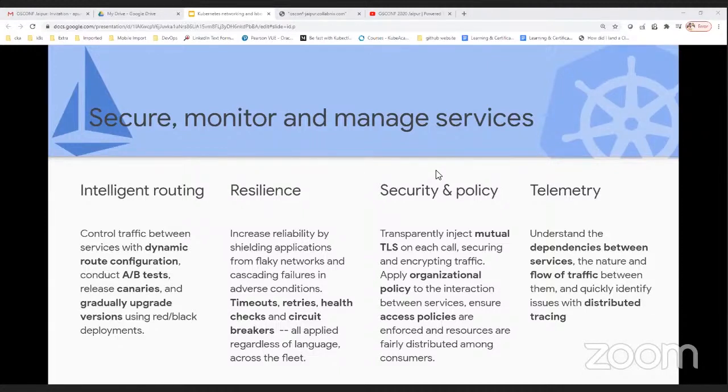Intelligent routing. From that we can control dynamic configuration, or if I want to do canary deployments or A/B testing, or blue-green type of deployment, I can do that with Istio. If I talk about resilience, it's a more mature way to play around with the application. If I want to check health, timeouts or circuit breaking, like I'm using Hystrix or something like that, I can do that with resiliency.